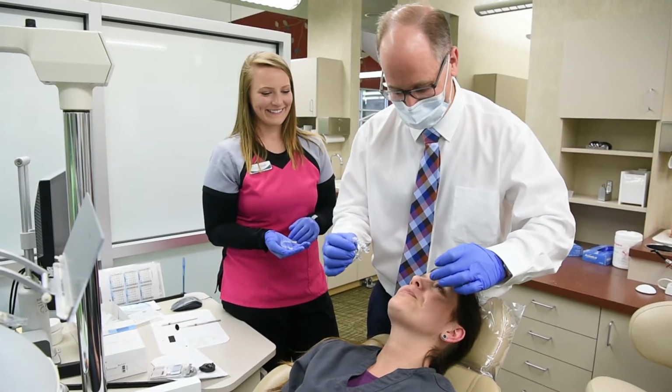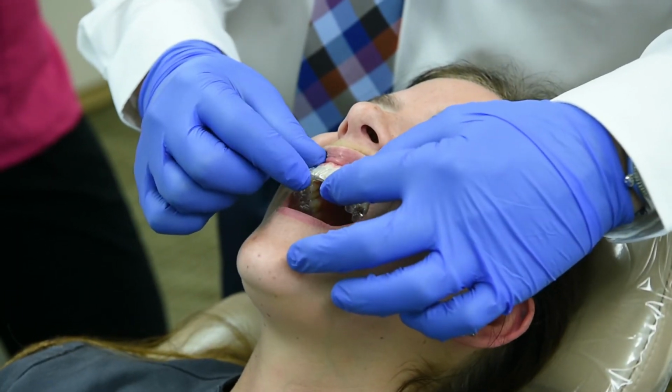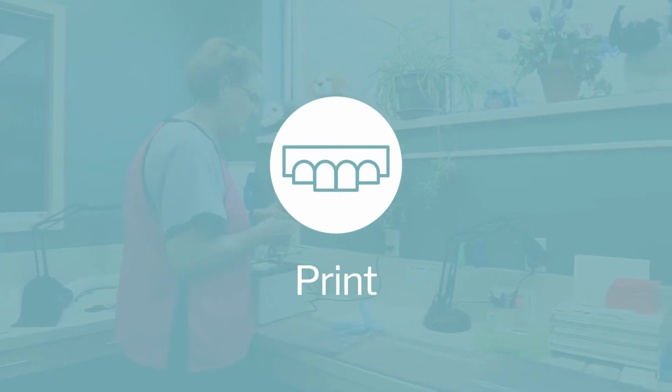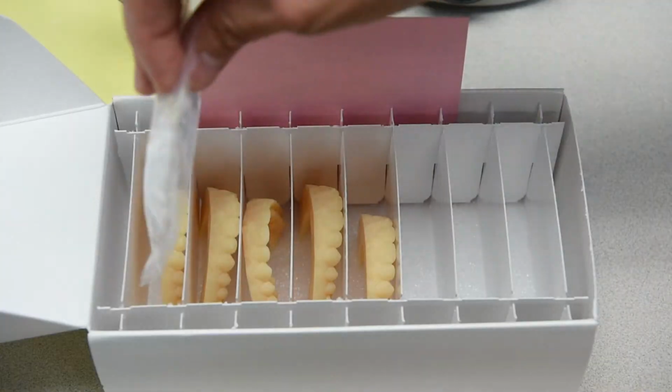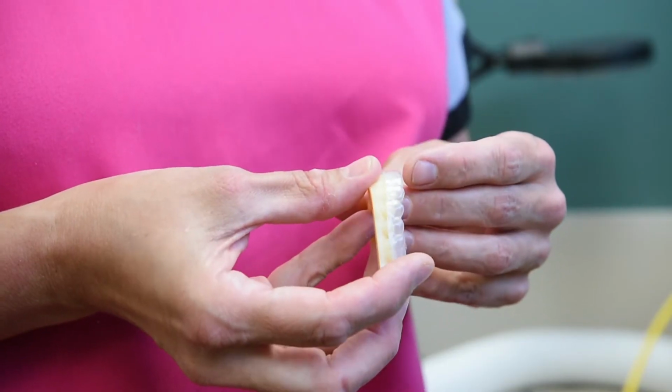You always have a professional watching every step to make sure that your teeth are going to move in an efficient and effective manner. And then the final step is when we will print the model from which we can make your aligner that you will be wearing. Most of the time you'll change your aligners out every 5 to 7 days, and we slowly guide your teeth